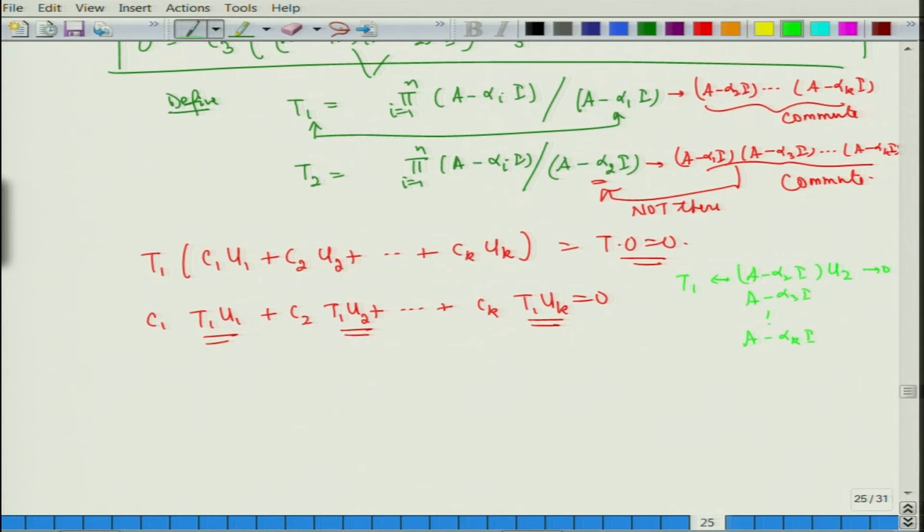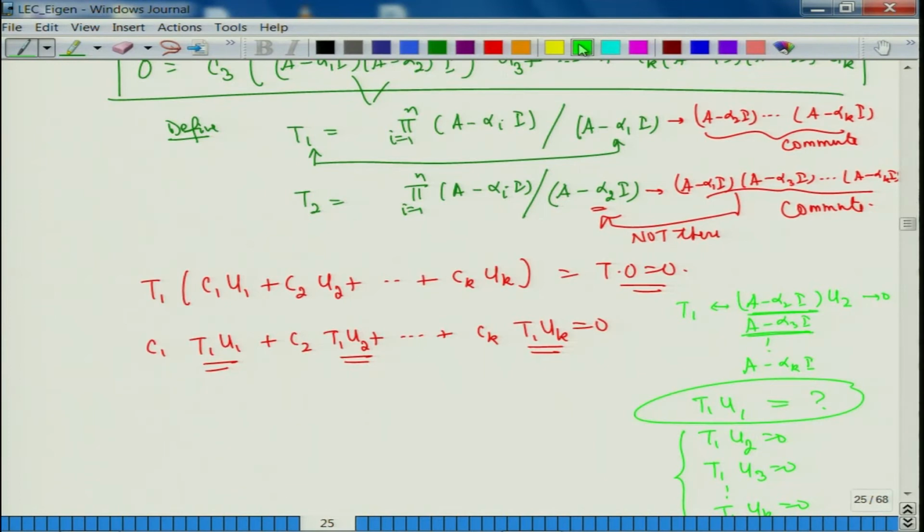Again, when I multiply T1 with U1, I do not know what that will be. But what I know is that T1 with U2 will be 0, because somewhere there will be a factor A minus alpha 2 of I. Similarly, T1 of U3 will be 0, because A minus alpha 3 is there. So all of them, T1 of UK, will be 0. I do not know whether T1 of U1 will be 0 or not. So, we are claiming now,